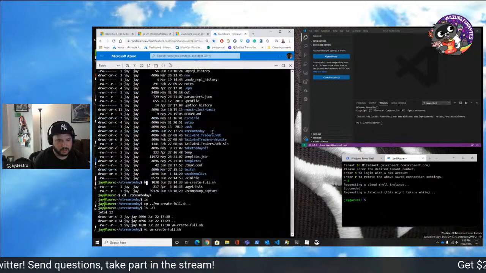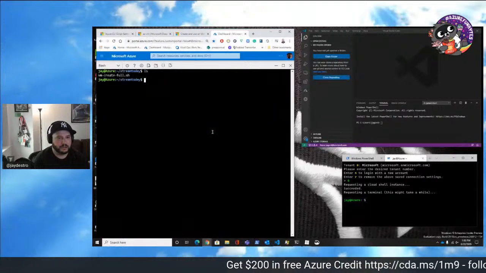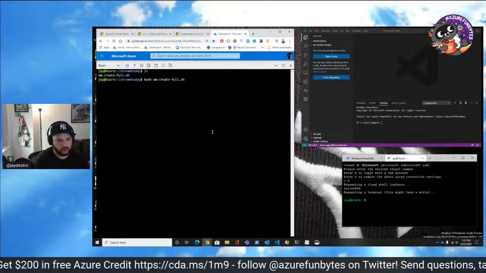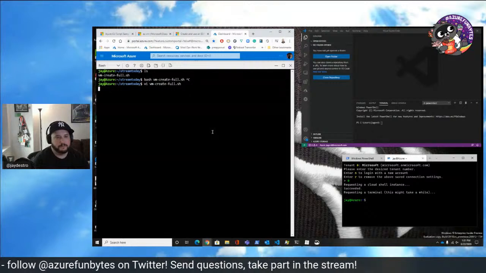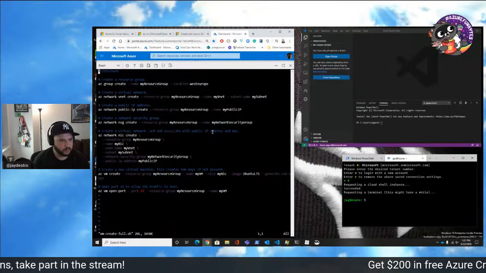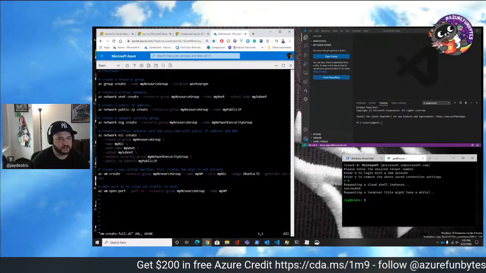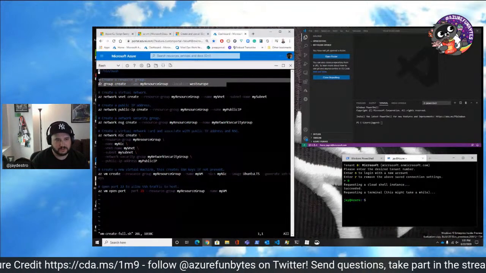To run the command, it would look a little something like this. It would just be like bash vm create full. And so what'll happen is it'll just start running all the different commands. And if you know anything about bash, bash is just kind of iterative. So it just does things in order based on the way you've written your little code. And so bash scripts are, I mean, it's still code. It's just very, very simple ways of doing things.